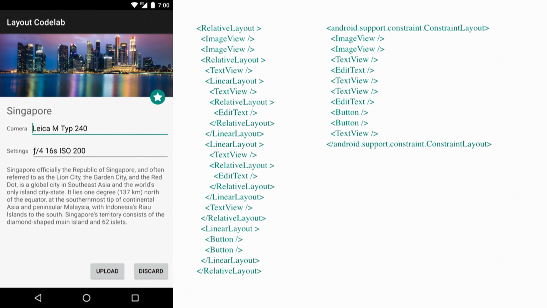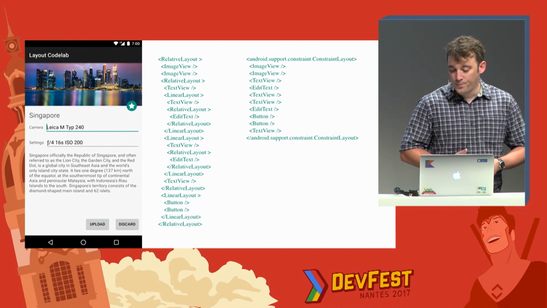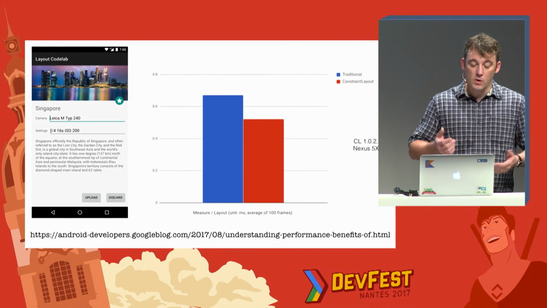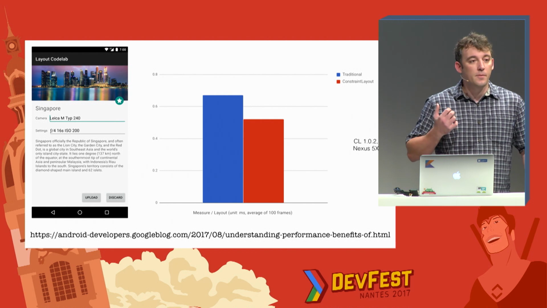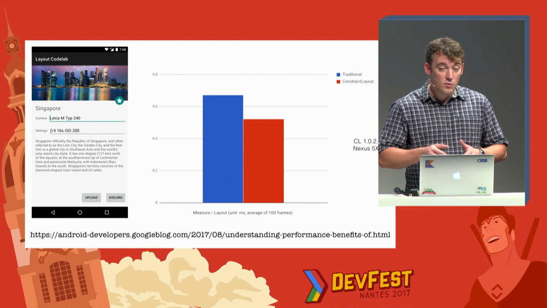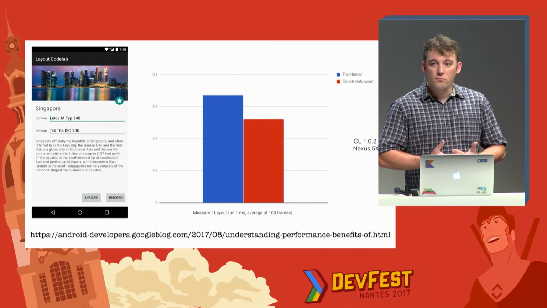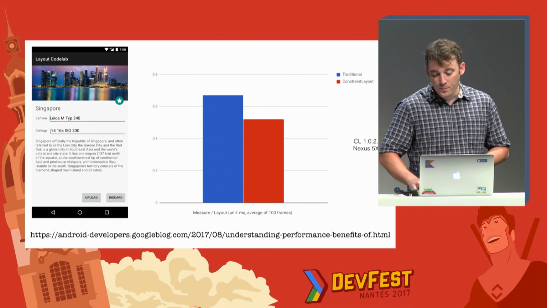We basically keep only the views in the view hierarchy. All the layout rules are just part of the layout attributes. Purely in terms of performance, we actually get a slight bump compared to the previous screen. You can find on this URL some Google DevRel published performance analysis. It's pretty interesting, not so much for the results themselves, but for the methodology that he took. It's something that you can reuse in your own program in order to figure out what's going on.